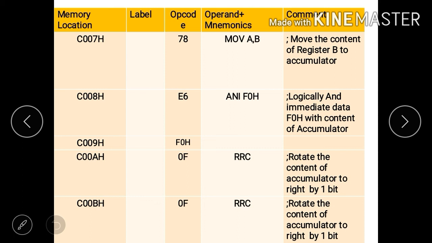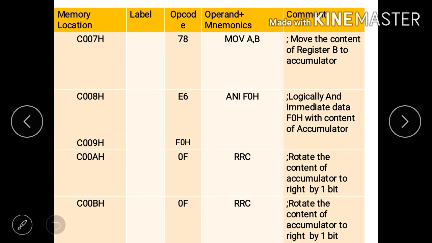The next instruction is ANI F0H, logically AND immediate data F0H with the content of the accumulator. Again, this is a 2-byte instruction, 1 byte for instruction and 1 byte for data. Next is RRC, rotate the content of the accumulator right by 1 bit.